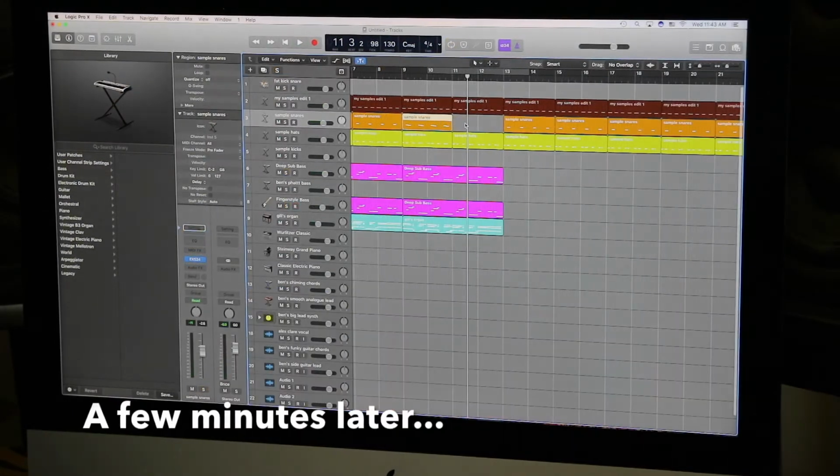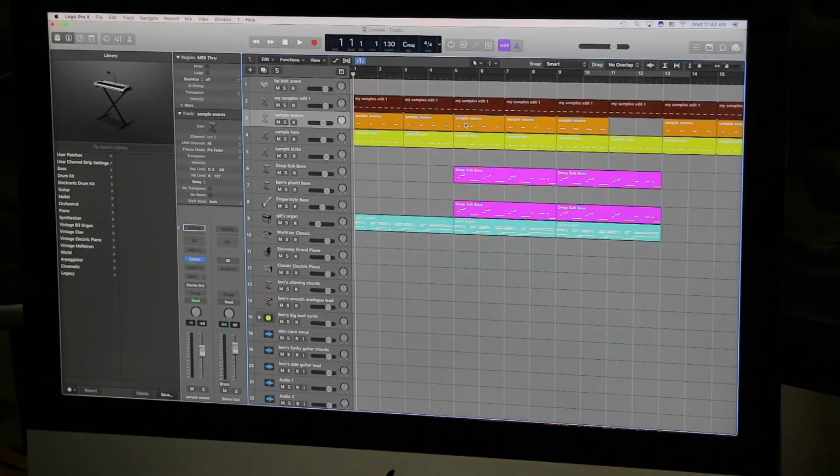Basically, what I did was I decided to keep the main groove for the beginning. Bass comes in. It's getting to a reggae island vibe. Now I added a snare drum.